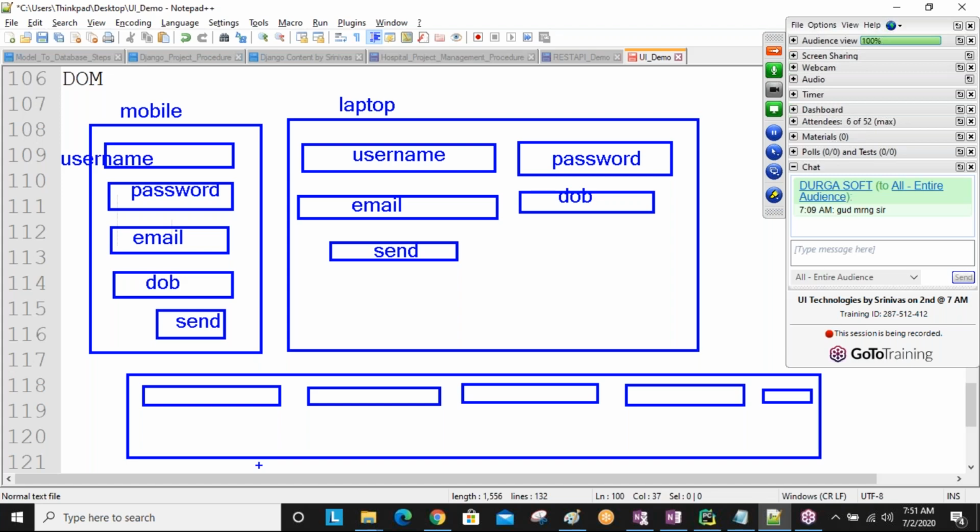By using Bootstrap, this responsive design is easier. I mean, Bootstrap provides some rules and regulations, and using Bootstrap we are going to get this responsive design application. This is one of the best features nowadays. So real-time people are also using this Bootstrap related technology to develop responsive applications.